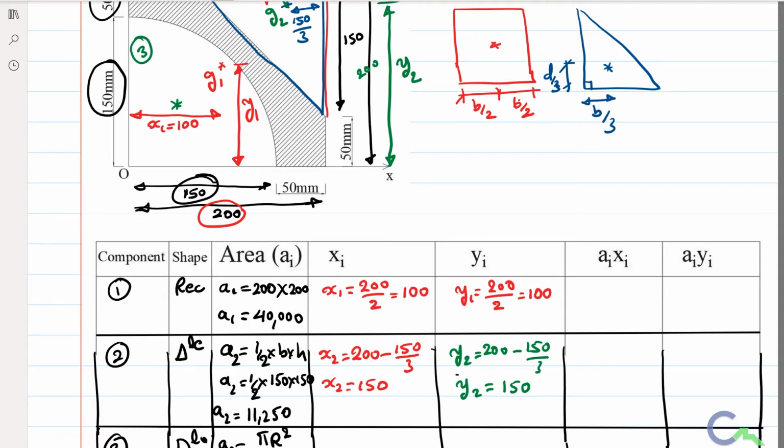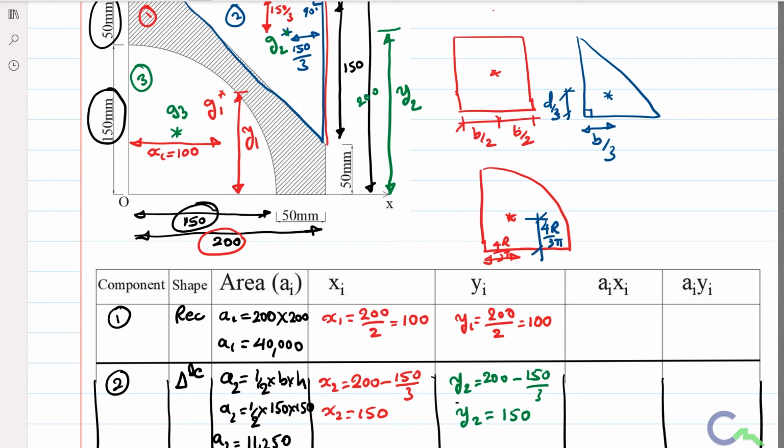After that I have to find the x3 and y3 value. So CG of the quarter circle I can take here, I will take it as G3. We have seen in the derivation, if I have any quarter circle like this, CG is somewhere here. That distance I can calculate, that is 4r by 3 pi. Also in vertical direction, that is 4r divided by 3 pi. I can take here x3 in this direction from OY axis, that is 4r by 3 pi.